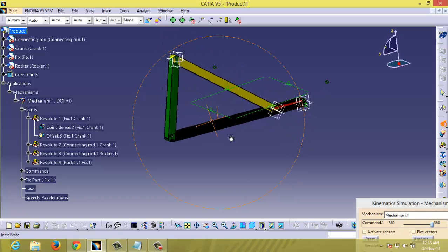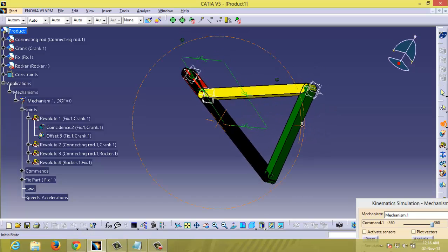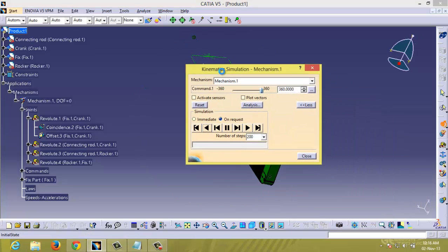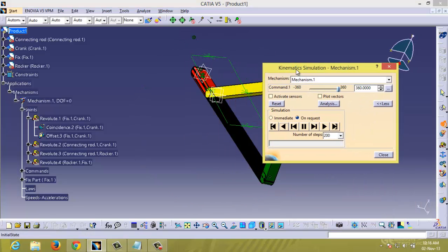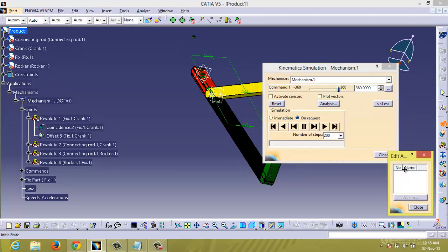And okay, then you have to analyze what's the change or variation of the angles. So CATIA also gives you an analysis platform for the kinematics, so we can click it from here, analysis. Okay, no analysis is possible because there are no sensors. You can analyze a system only if you are getting